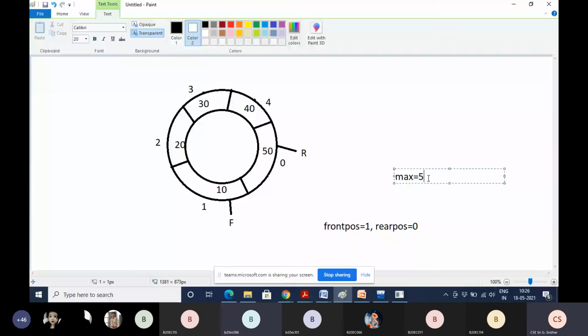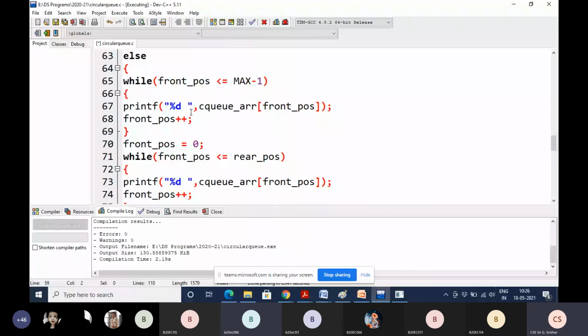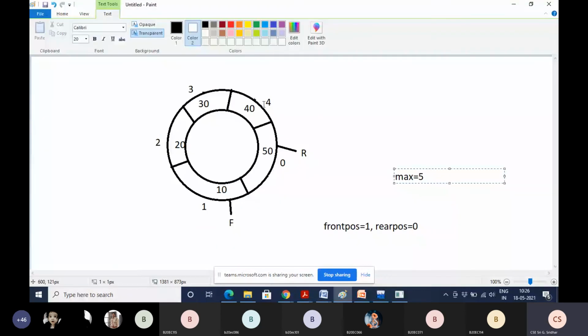So 1 is less than 4, and that is why this condition is true. Then what we are doing here, students, is very simple. I want to display the values from front position to max -1. That means 10, 20, 30, 40 will be displayed.